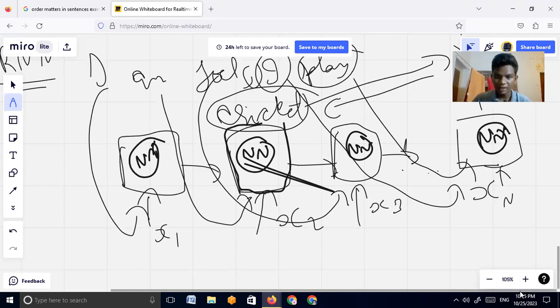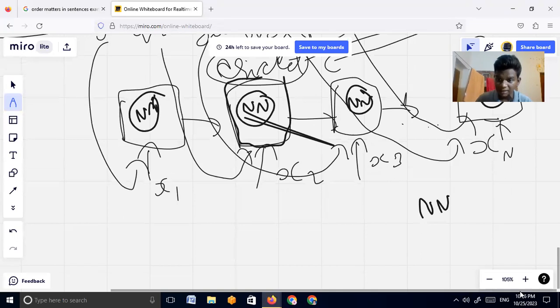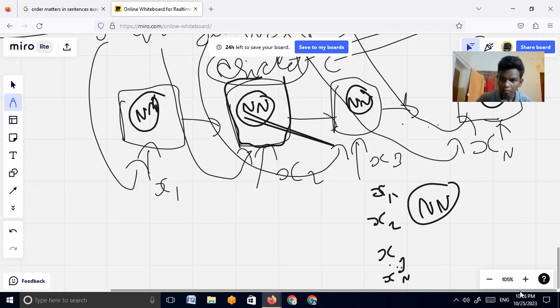Basically, we'll be taking only one neural network, copying it, and flattening it out into this architecture. Rather than the classic neural network architecture, where we pass x1, x2, x3, up to xn into the network at the same time and try to predict y hat and get y hat closer to y,